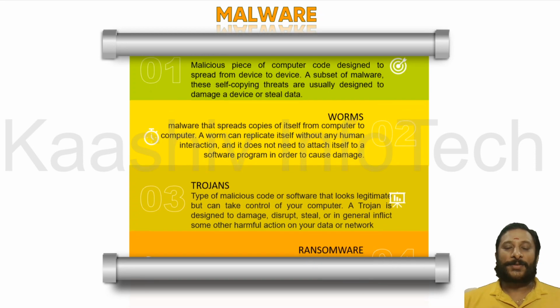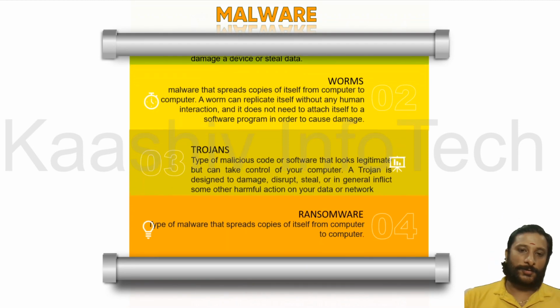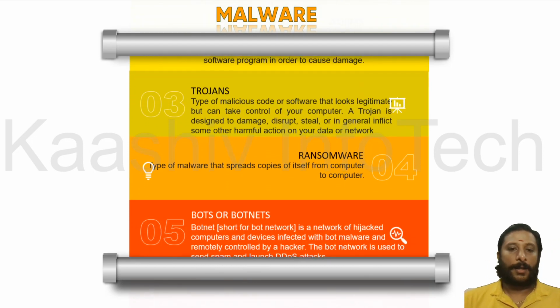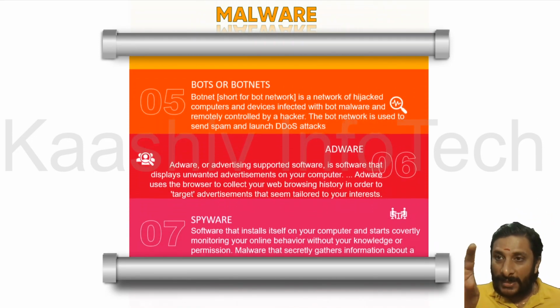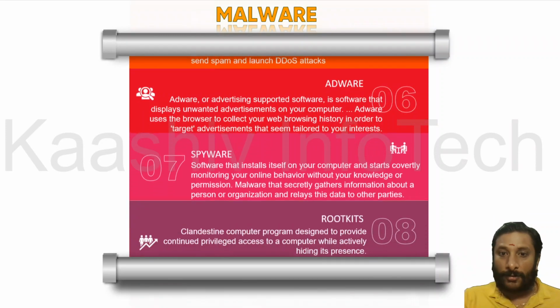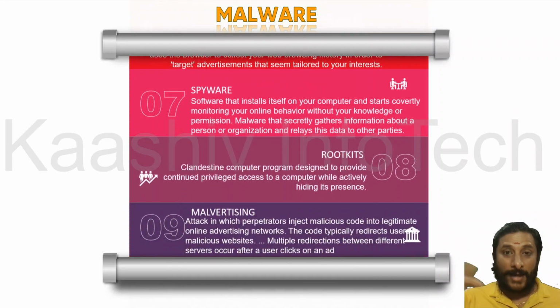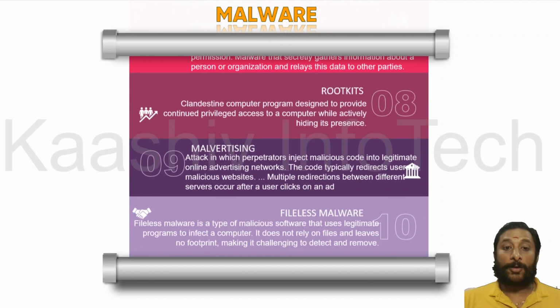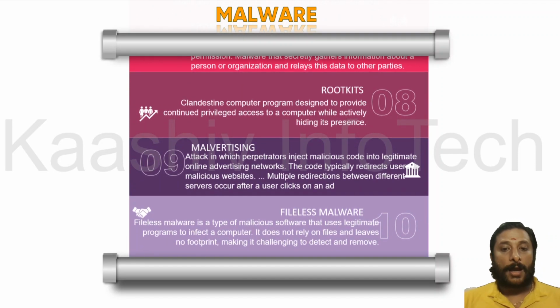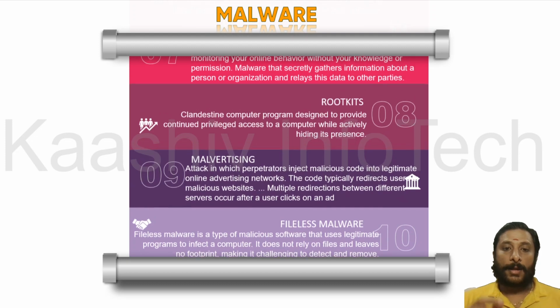Okay, that's good. So we have seen viruses, worms, Trojans, ransomware, botnets. We've also seen adware, where advertisements will be there, and on clicking that advertisement, it will go to the wrong site. Adware is a virus. Spyware is another thing. As I told you, spyware will monitor your system. Rootkits will affect your hardware.